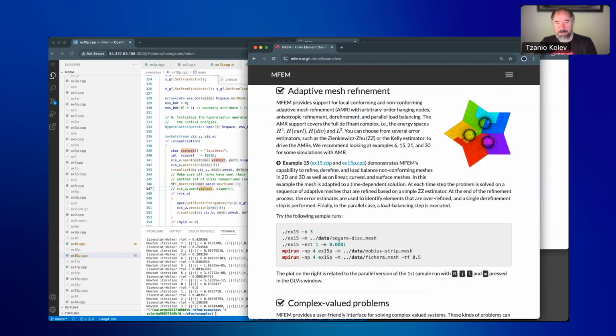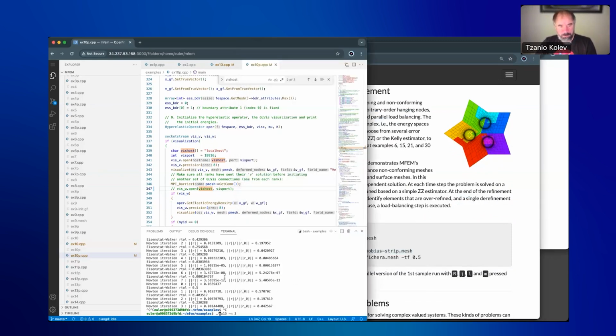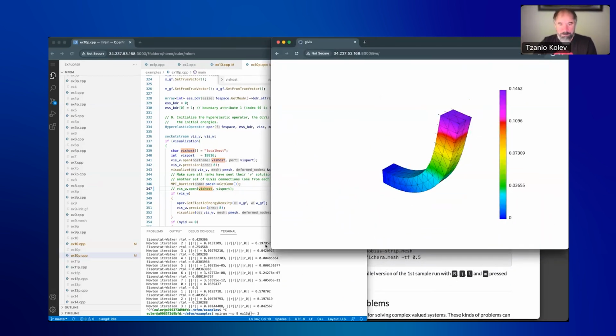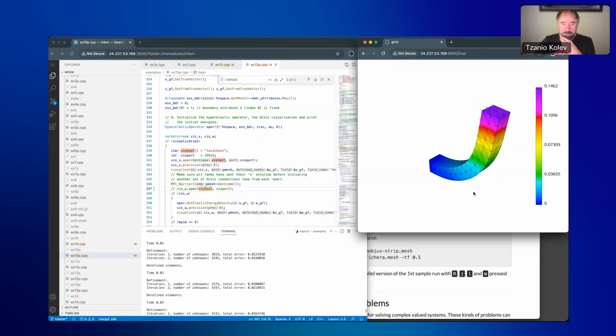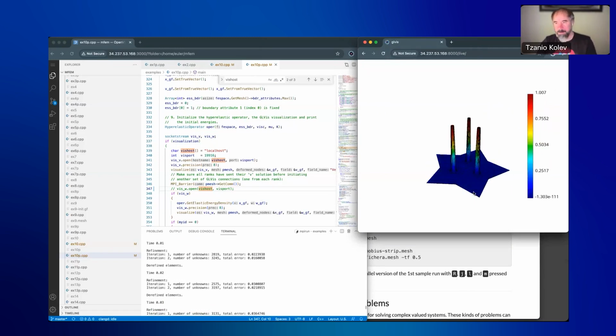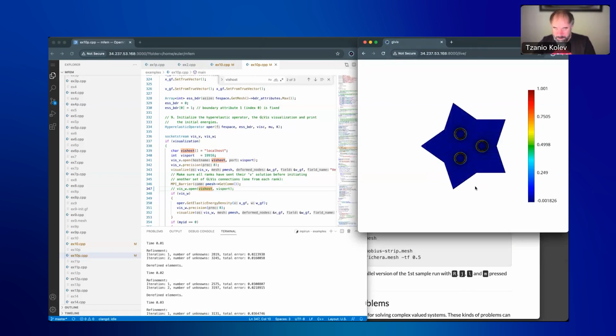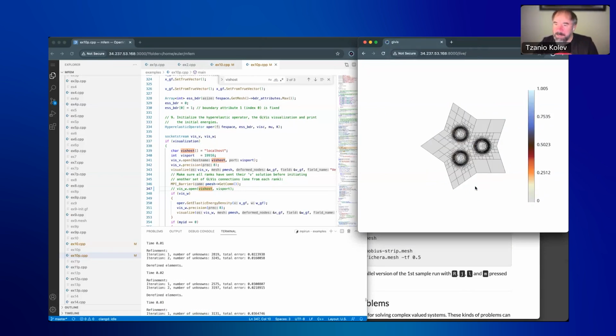Okay, I mentioned adaptive mesh refinement. That is one of our hallmarks. Let me maybe do this one, but I want to do it in parallel. So let me do, I don't know, 8 processors. Let's see what will happen. Oh, here we go. All right. So the best way to look at this is from above and on a color map that's kind of white. So I'm gonna, yeah, I like this one,